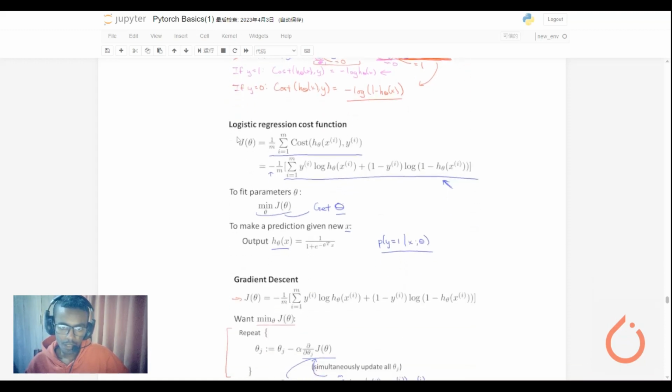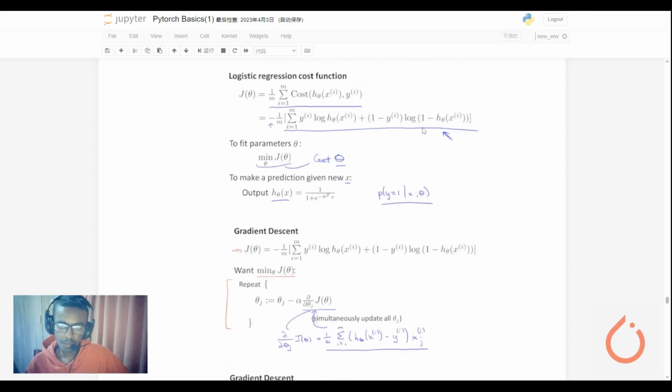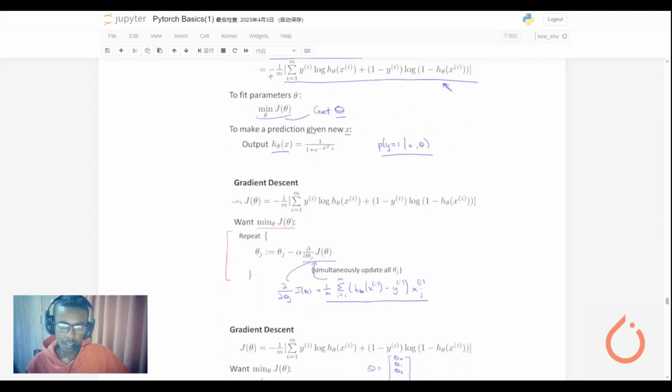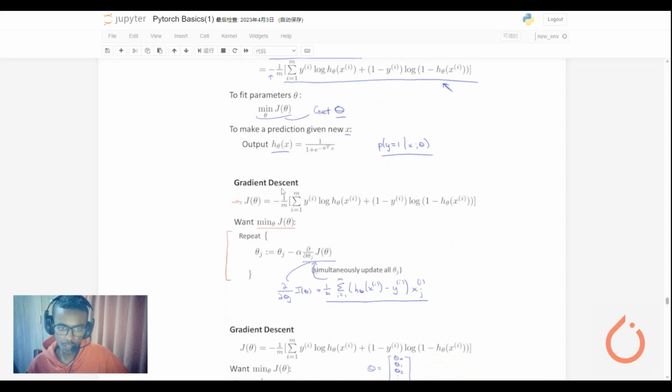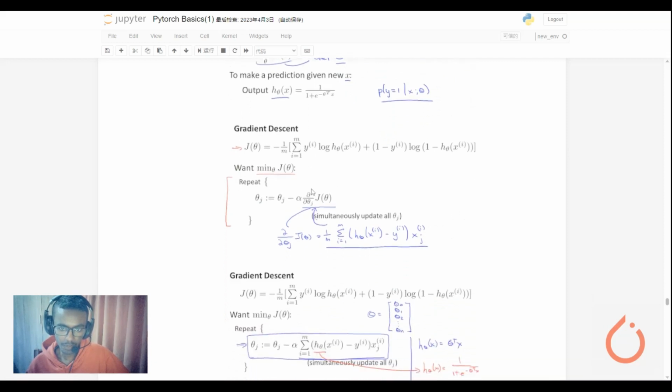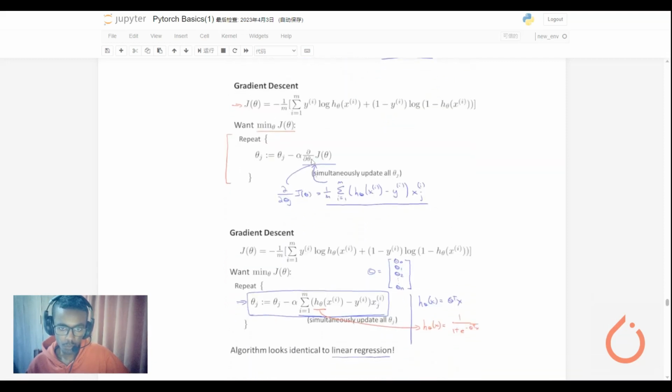So we have come up with a new loss function that is going to be suitable for our particular problem. But our target is to find the correct set of parameters for our model. And in order to do that, once we identify the correct cost function, we have to implement the gradient descent algorithm in order to find those